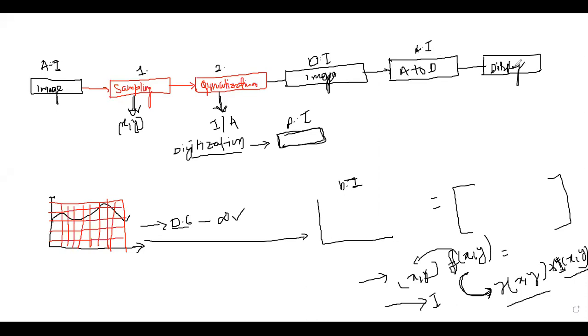Fine. Now this is the process. Today we are going to learn how we perform sampling and quantization. This is the entire process. You provide the input image as an analog image. Then I will convert it to a digital image with the help of sampling and quantization. Then what will we get? Your digital image. Then whatever processing you need to perform, you perform it over the digital image. Then I will convert this digital image to an analog image, again using the converter. Then finally, I will display the result.